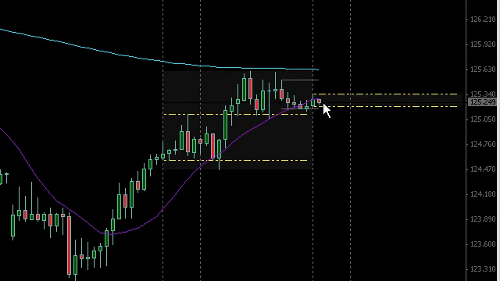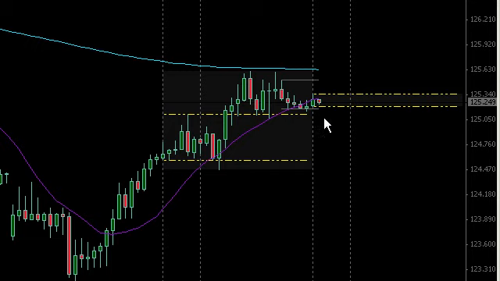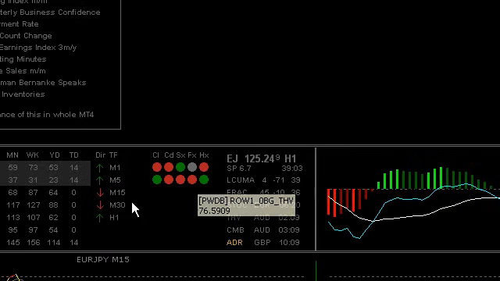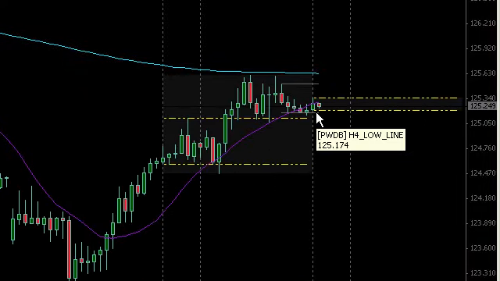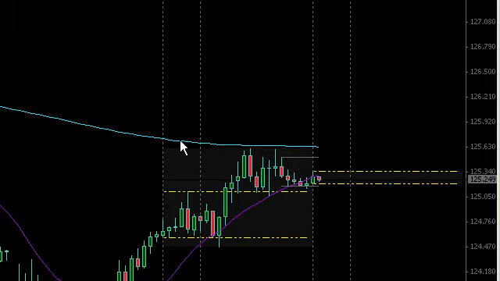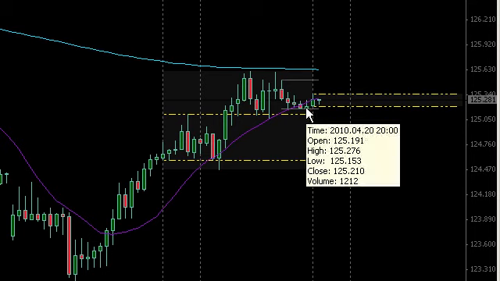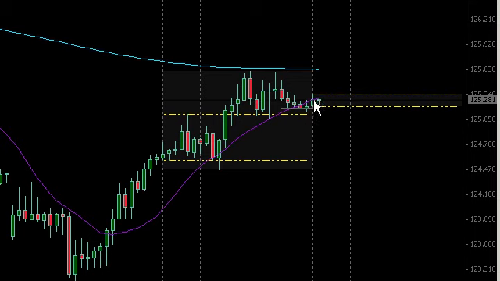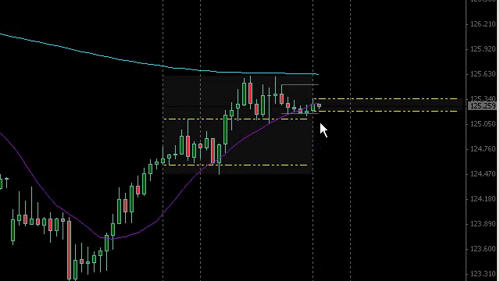So at this point, if price drops below this, if it forms a fractal, say on the next candle drops below that, what we're going to see is all of these change to red, indicating that we've got a downtrend. Now that kind of bodes well for me because I'm seeing also at the same time I've got my slower moving average and my faster moving average both in a position where I would normally be considering to go short. So once I see that the fractal break, I see all these break, I'm really interested in a short trading